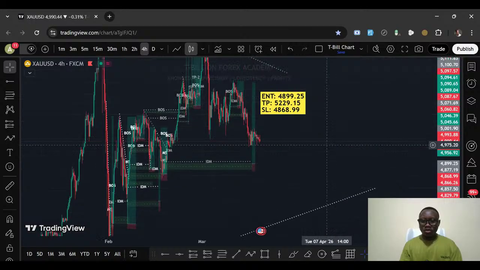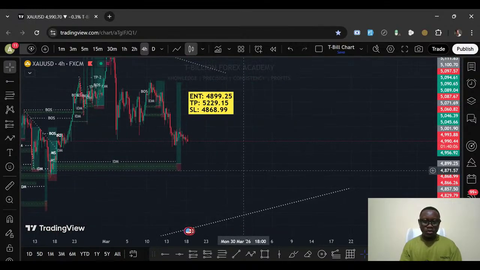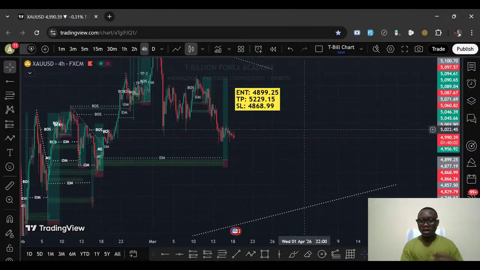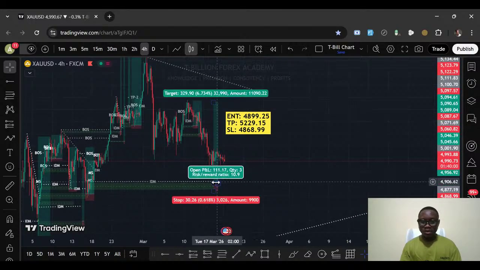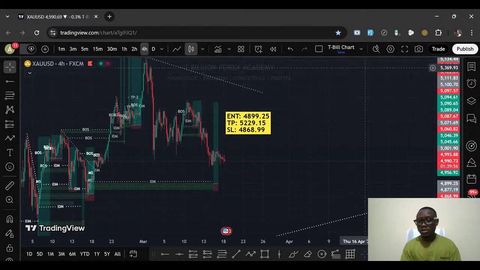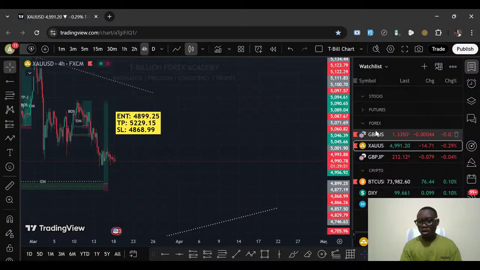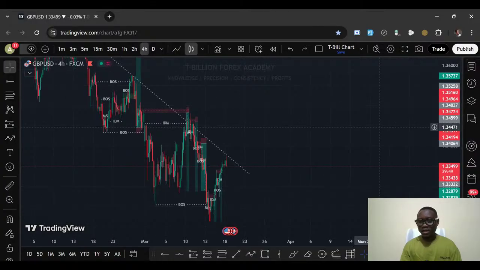All right, so that is that on gold. Again, let's wait patiently for price to tap into this order block zone before we take our trade. Again, you can set a pending buy limit order right here and wait for price to tap into the zone for a trade to be executed. Okay, so on GBPUSD, today's market analysis,